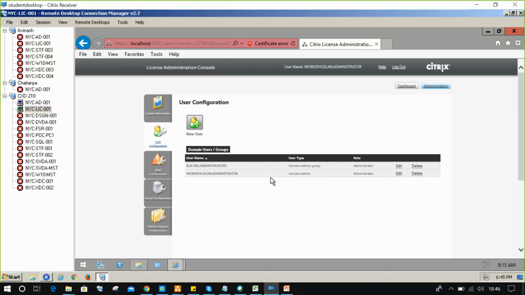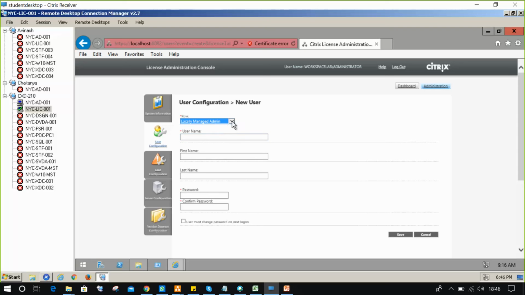If you want to add additional users to manage the license server, you can click on add a new user. That user should be created in AD before that. For example, previously I created the username Avinash. So you can add Avinash from AD, or else you can create a local admin account, your wish. You can also add an administrator group from AD. Mostly, guys, they will not add individual names. Mostly they will add administrator groups.